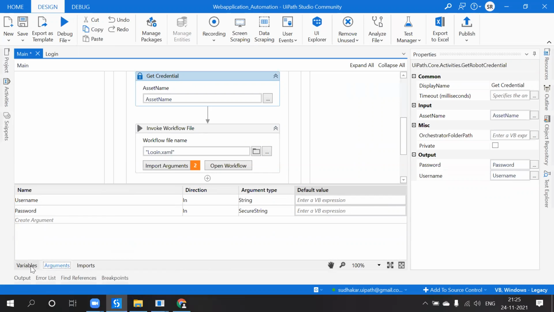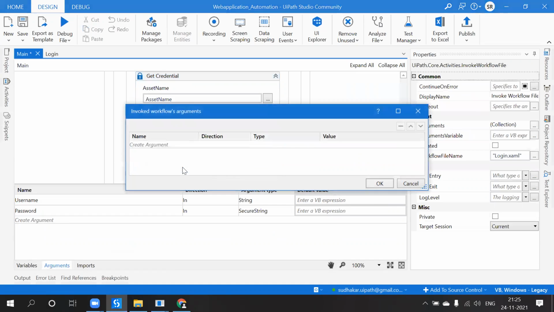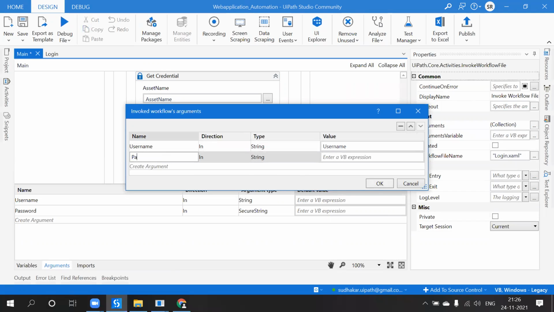So username and password. So here username, password.